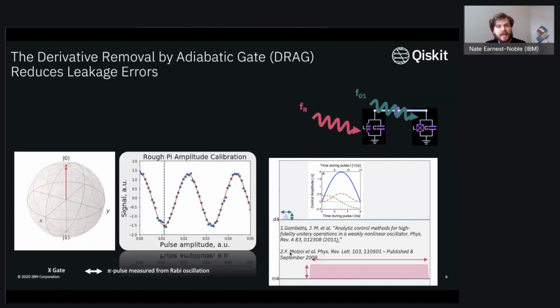Just to give you a sense of timescale, our backends, typically for single qubit gates, use pulses on the order of 35 nanoseconds, roughly. For single qubit gates that go beyond this drag pulse implementation, the fastest I've seen is on the order of 5 nanoseconds, and this is from some of our researchers out in Zurich. I'd be happy to point you to those papers if you follow up with me afterwards.